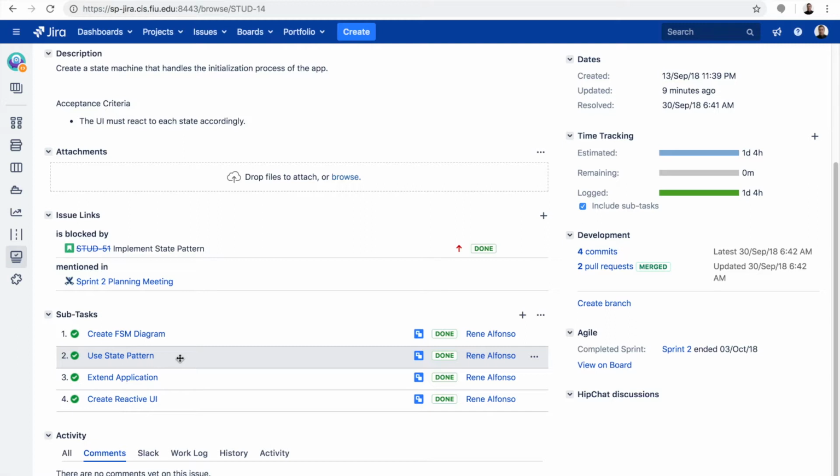We also needed to make sure that the UI was reactive, so that when you transition to a new state, then the UI can reflect what's happening in the background. We also created a state machine diagram